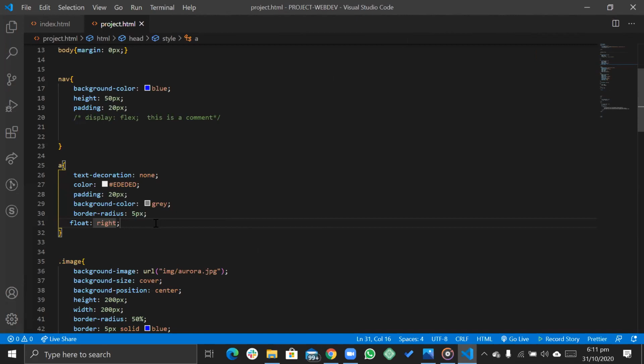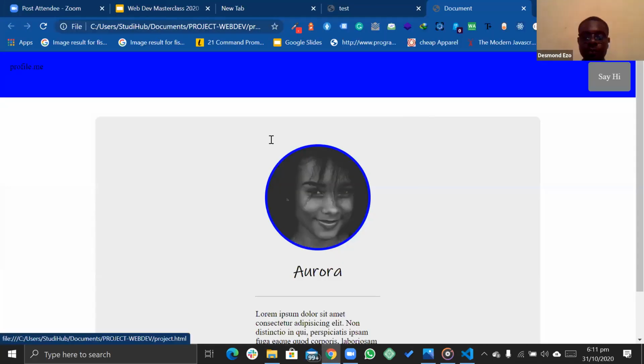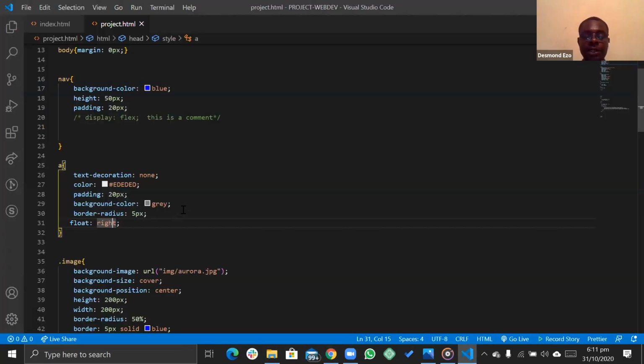So let me proceed. Using float right, it's going to do the same thing, but this time around it's just going to float right. It's going to hit the edge. So, yep, float right does that. The difference between float right and the other is that float right moves the elements to the right hand side, while absolute changes the position and the behavior of that element.